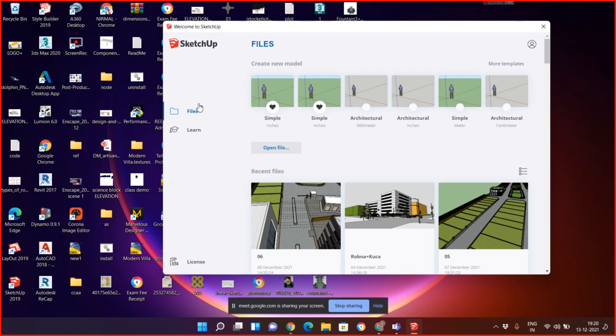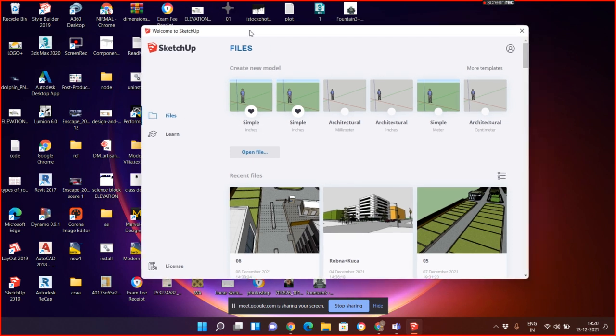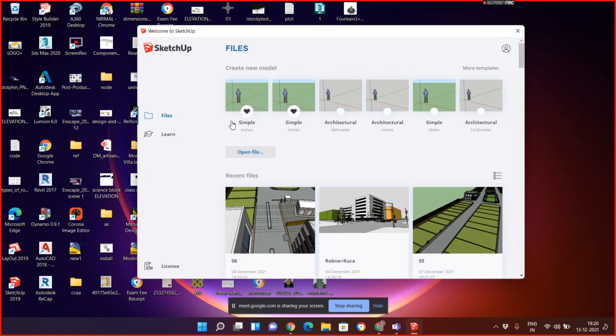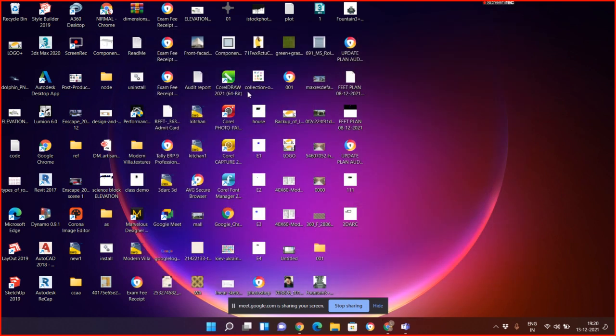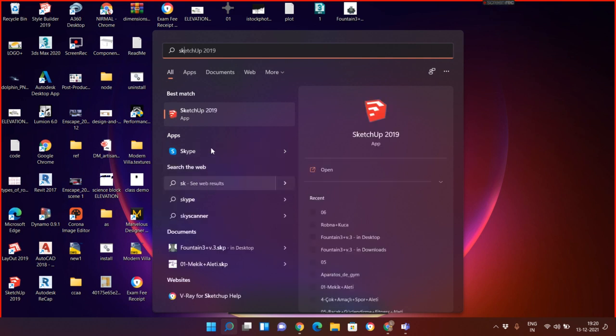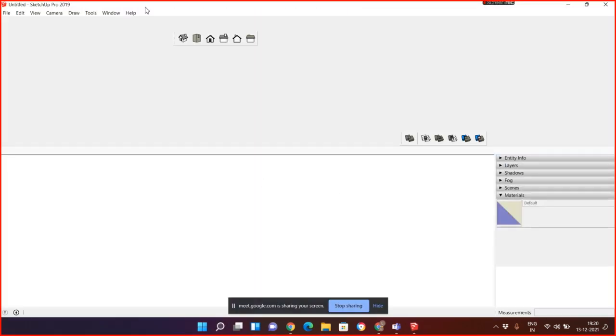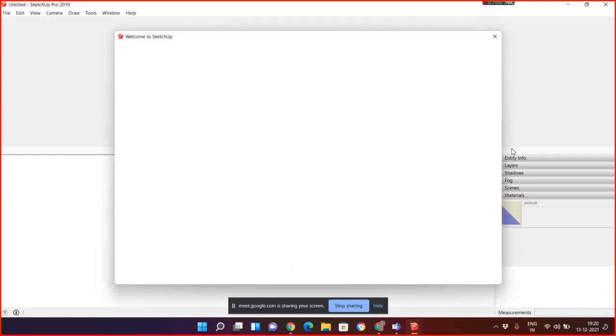So okay, when we go through this, we understand what the process is and what type of things are here. So I'm starting. I start SketchUp and just click a simple file in inches, meaning inches is the scale. If we're talking about millimeters, that's architecture millimeters, or simple meter. So yes, I love Imperial for design and all. So I'm using that. When I click over here, the software will pop up.